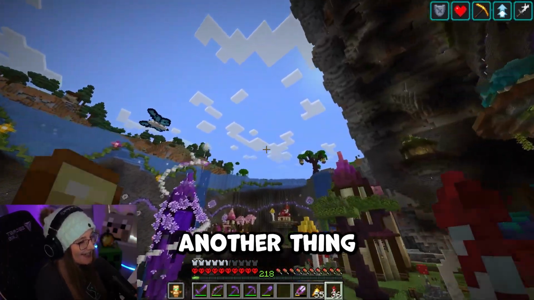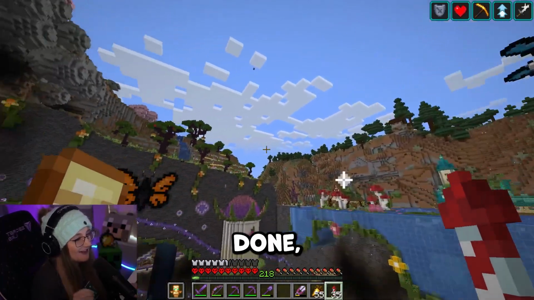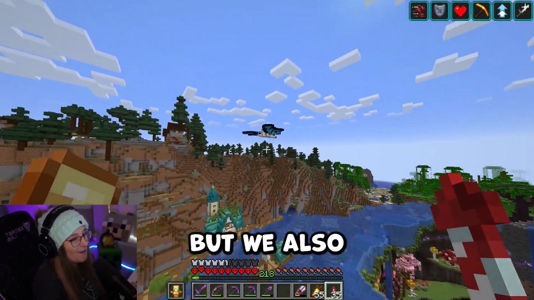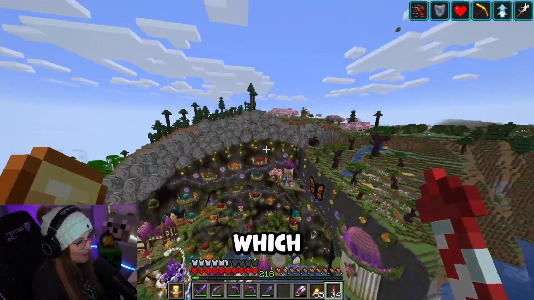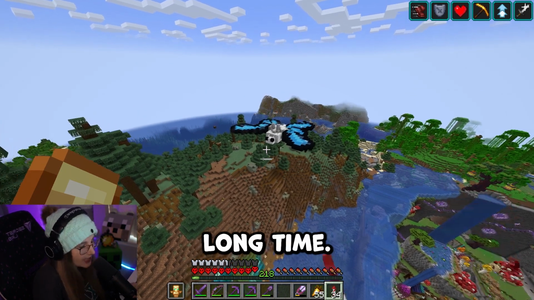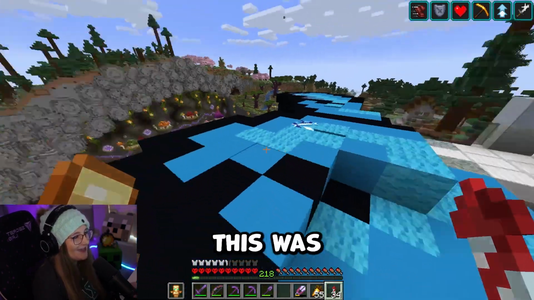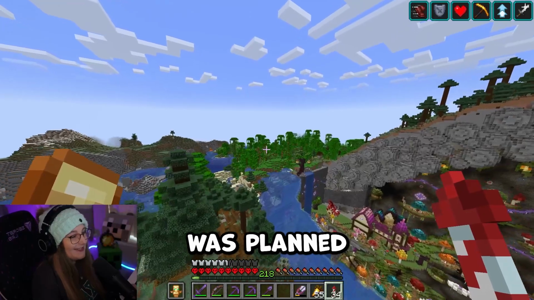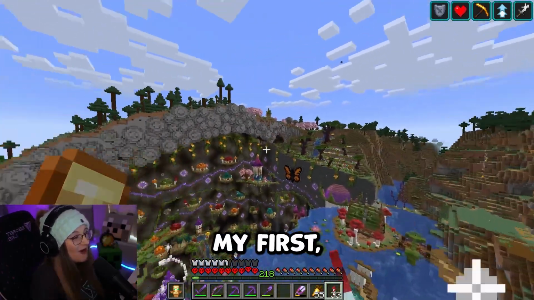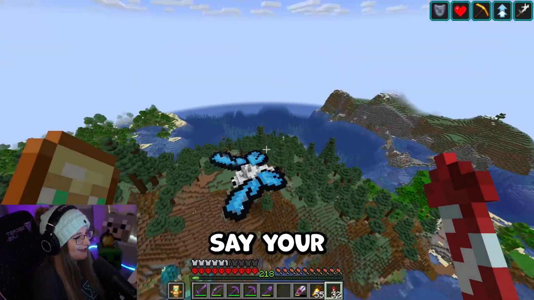And then another thing, which is probably one of the first organic kind of looking builds that I've done. I have never really built organically. This was very new for me, but we also worked on these butterflies, which was a silverfish that was kind of an inside joke that was here for a very long time. And then I put wings on it to make it look like a little butterfly. So yeah, nothing was planned in advance. We just went with it, and I think it actually turned out really good. Like for my first organic build, my first animal build, I guess you could say, or insect build,